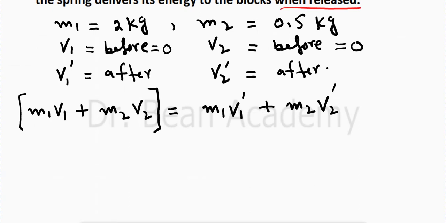So v1 and v2, the velocities of the masses before the removal of the forces, are 0. So if they are 0, this term will become 0, this v2 will become 0, and this whole side will become 0. So I can write it like that. Okay, one more thing I am forgetting: if we assume two masses are attached with a spring,